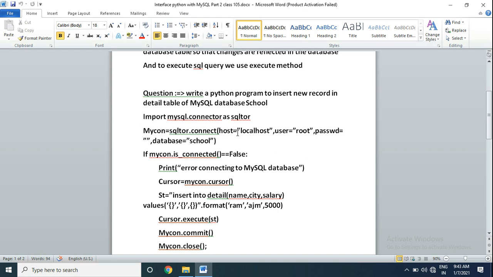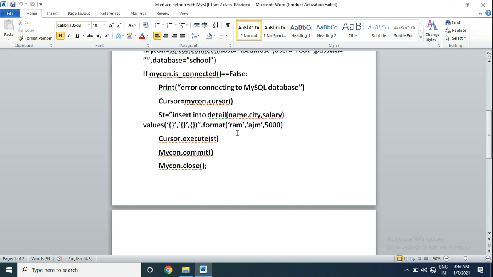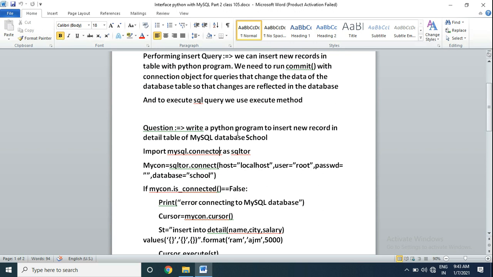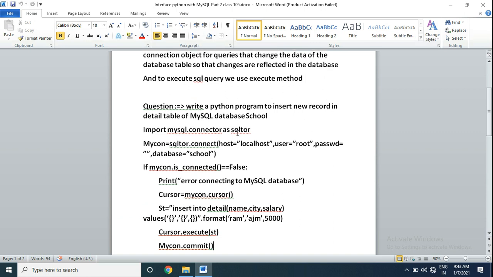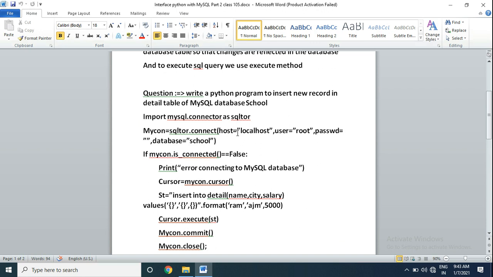And last, we will clean up the environment. So our seventh and last step is mycon.close. So, step 1, we import the MySQL connector. Step 2, we open the connection. Step 3, we create the cursor. Then step 4, we execute this SQL query. Then to save the SQL query result into the table we use mycon.commit, and after this, to clean up the environment, mycon.close.